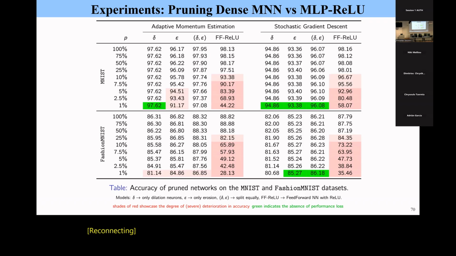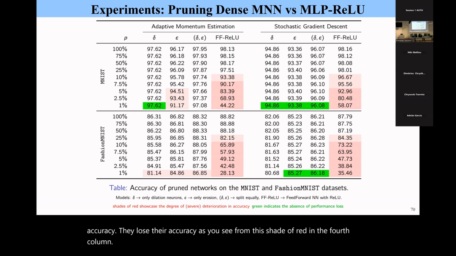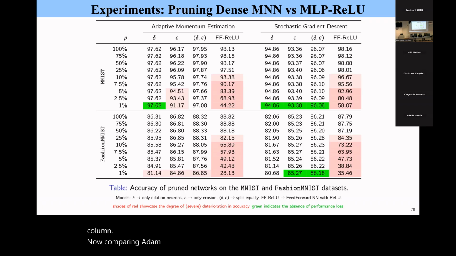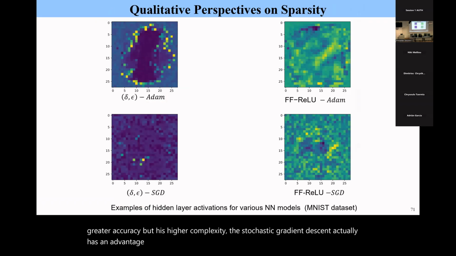In contrast, the linear neurons do not behave like this. They quickly lose their accuracy, as you see from this shade of red in the fourth column. Now, comparing ADAM and stochastic gradient descent, ADAM, of course, gives greater accuracy, but it has higher complexity. The stochastic gradient descent actually has an advantage. It gives even sparser